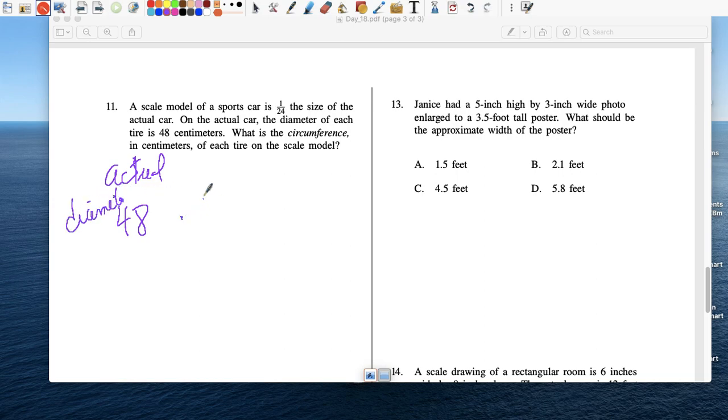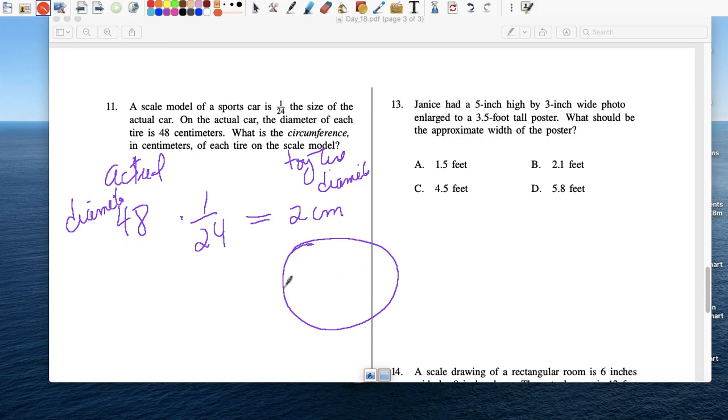Right, so let's multiply by the scale factor. And on the toy tire, let me find the diameter, is 2, what is this unit? 2 centimeters, right? Because 48 times 1/24 is 2 centimeters. So now that I have the diameter, on the toy tire, the diameter is 2 centimeters. Okay, so to find the circumference of the toy tire, C equals pi d, C equals pi times